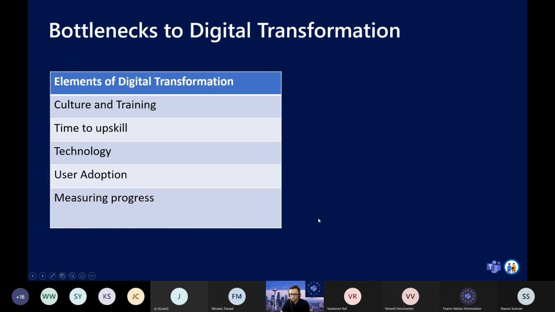All right. Bottlenecks to digital transformation. I'm trying to not list down every problem that you got in an organization, but typically they fall into one of these categories: culture and training. How much of the culture is all about pen and paper versus how much is like digital transformation? Those culture shifts take years, sometimes like decades to happen. Then it's also the time to upskill, basically getting all employees familiarized with how to use the new tools, new